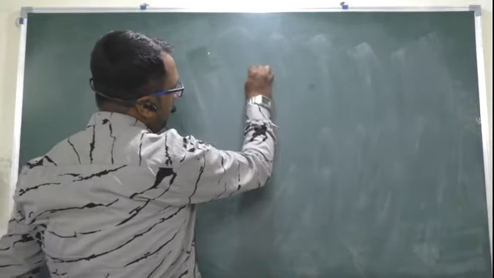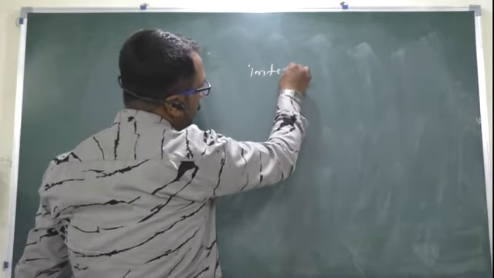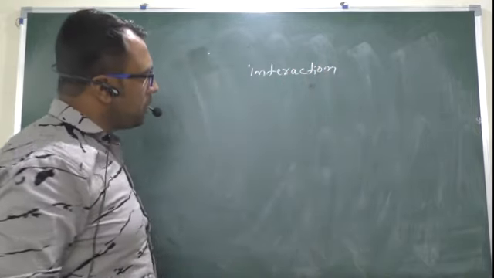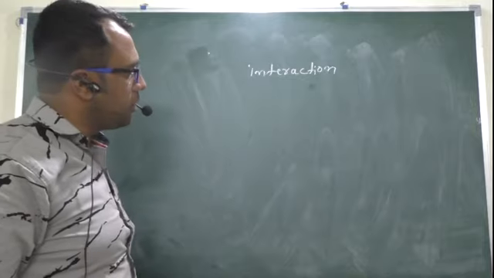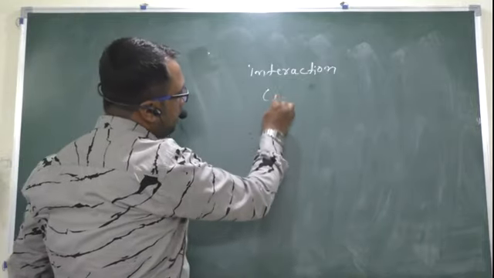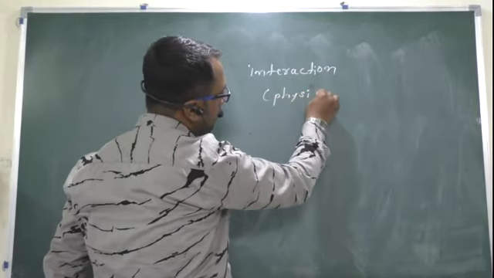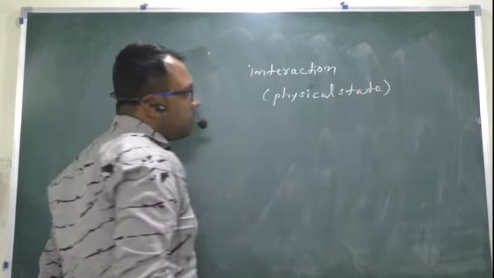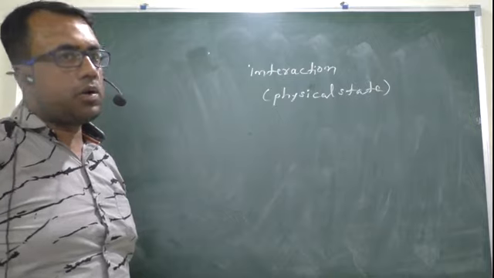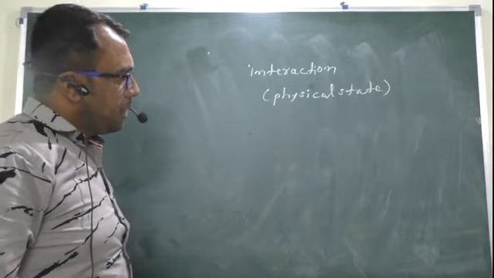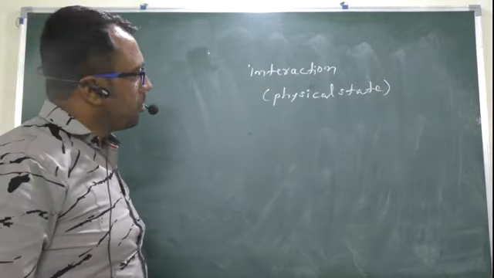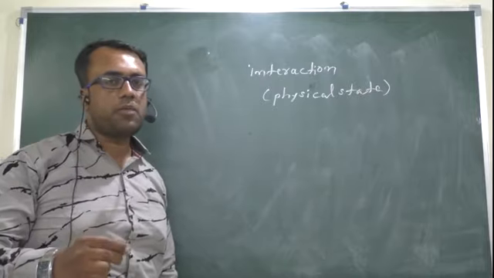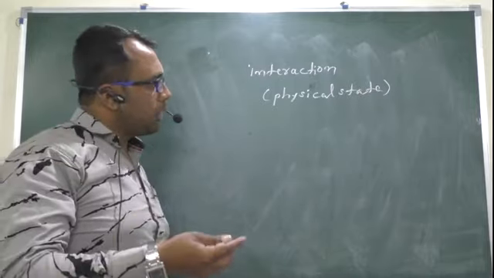My dear friends, as I said, I will explain to you the meaning of interaction. We are classifying the solution on the basis of interaction of solvent and solute. So interaction means the physical state. I suppose being a 12th class student, you know what the physical state is. That's solid, liquid and gas. So our first basis to classify the solution is the physical